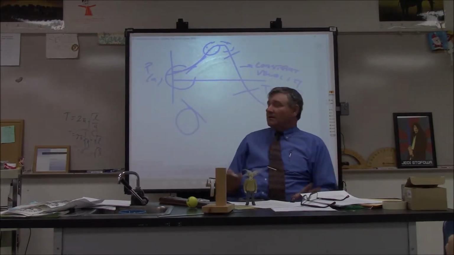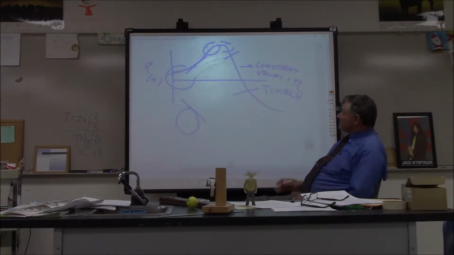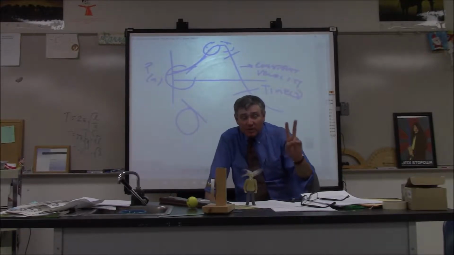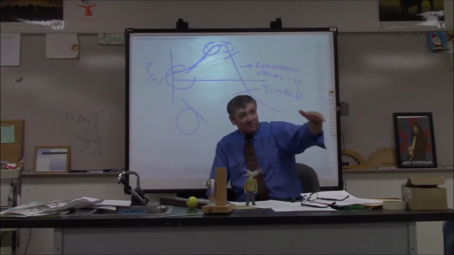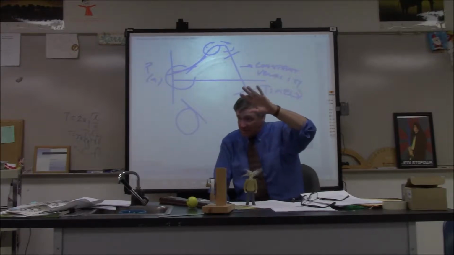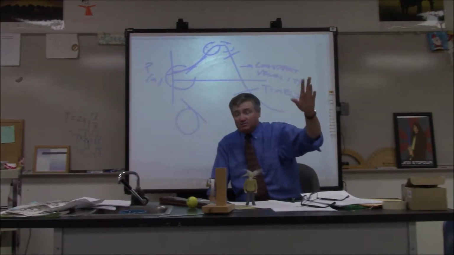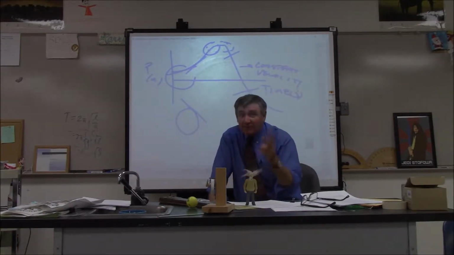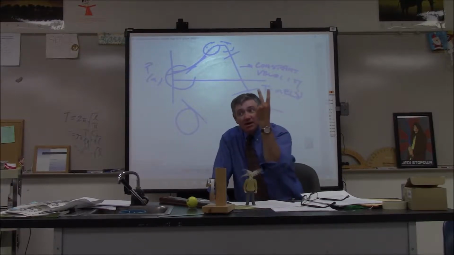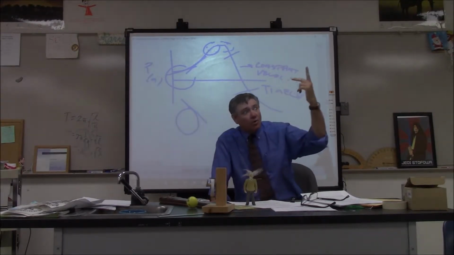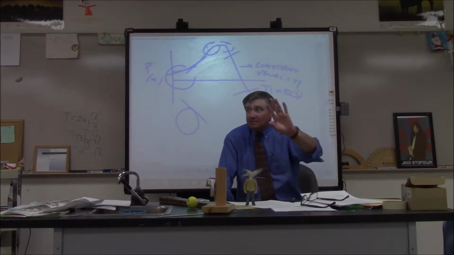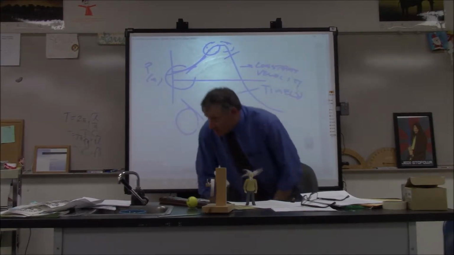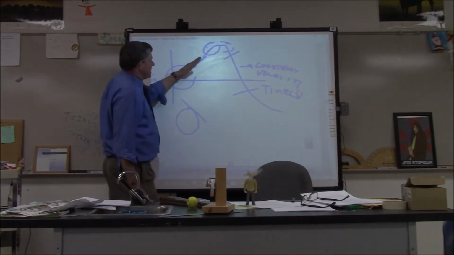Now, when you look at the slope on a position time graph, it can only do one of two things. It's either going to be a straight sloping line or a horizontal line, indicating that the slope is constant, or the slope is changing, which means you're speeding up and slowing down. There is nothing in between. Every problem I will give you can only be one of two things: either you're at constant velocity or you're speeding up or slowing down. Those are the two tricks that I've got up my sleeve. That's it, nothing else. So, you're here, I'm speeding up, I stop, I come back.